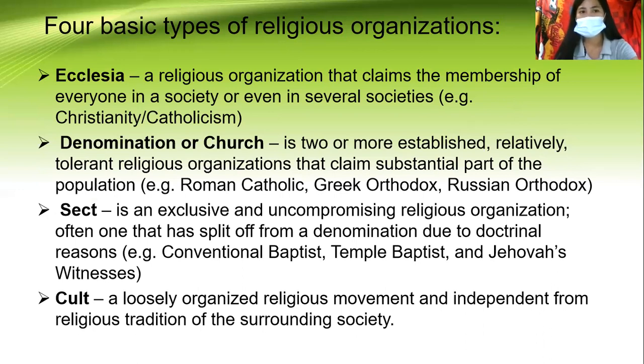For example, Christianity and Catholicism. So daghan jud kayo ang belong ana nga organization. Okay, so the denomination or church is two or more established, relatively tolerant religious organization that claims substantial part of population. So for example, the Roman Catholic, Greek Orthodox, and the Russian Orthodox. Okay, so the sect is an exclusive and uncompromising religious organization, often one that has split off from a denomination